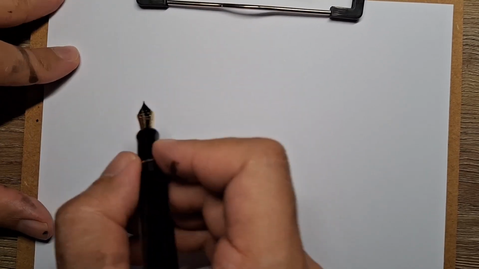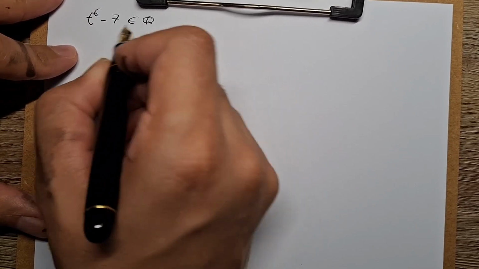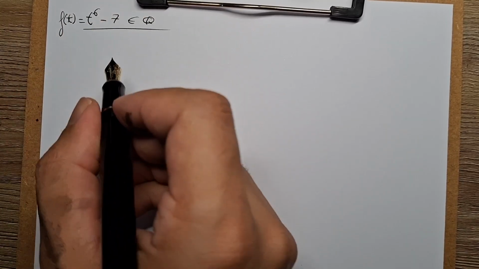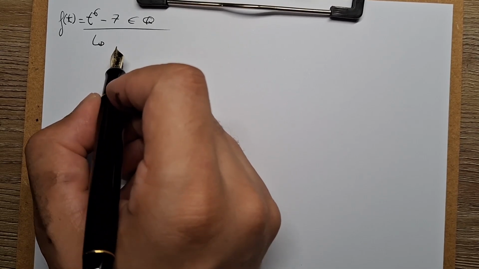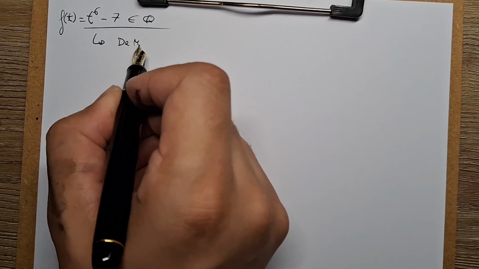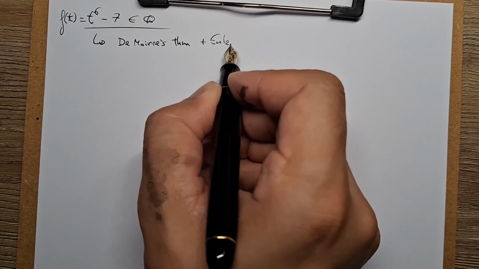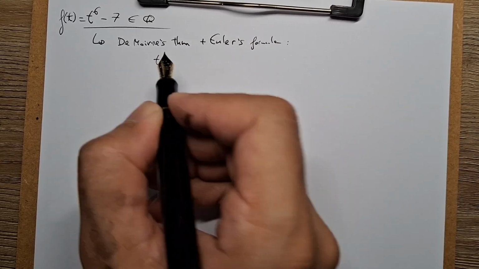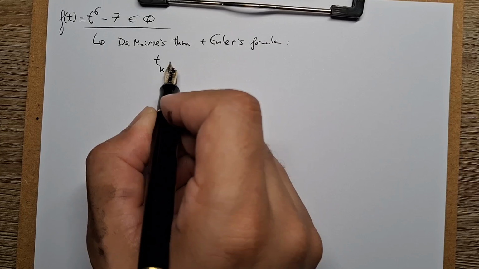In this video, we are going to analyze the Galois group of the polynomial t to the power of 6 minus 7 over Q. To do so, the first step will be to find the roots, which we will find by combining the Galois theorem with Euler formula. Which will give us that the different roots of this polynomial are going to be